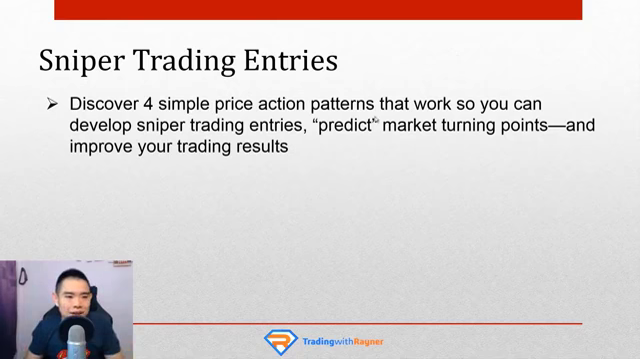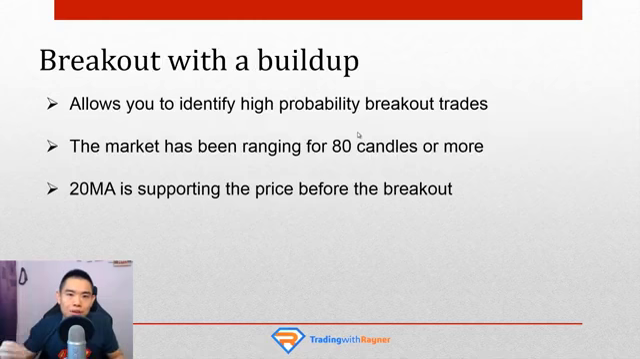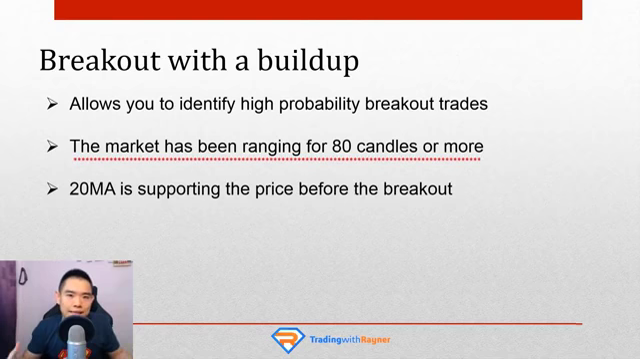Let's get started. Number 1, the breakout with a build up. This is an entry technique that helps you identify high probability breakout trades. And here's the thing to look for. Number 1, you want to have the market in a range for at least 80 candles or more. And the reason is simple, because based on my observation, the longer a market ranges, the harder it